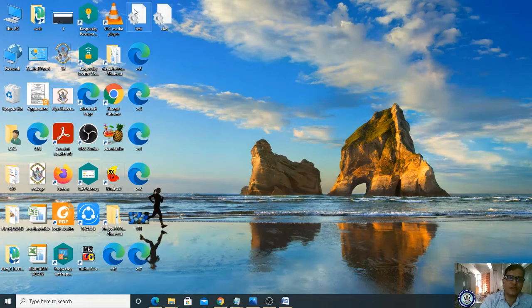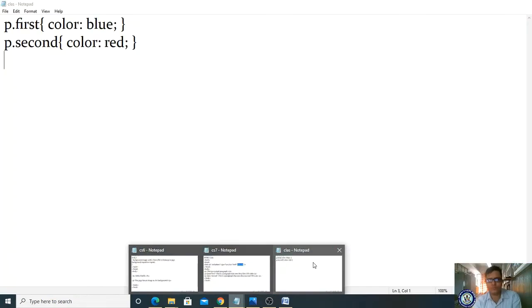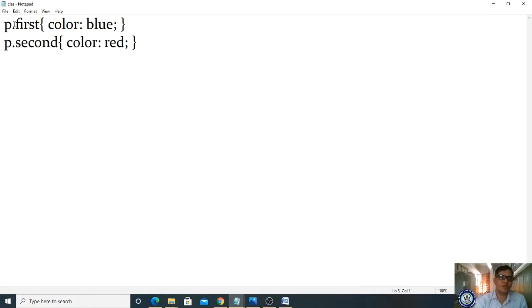If it is an external style sheet, then whatever code you have stored will appear in the form of gears. Please observe, this gear style is appearing, right? And now here you are taking the class identification as .first and the class identification as .second. Identification means we have to identify that attribute, right?